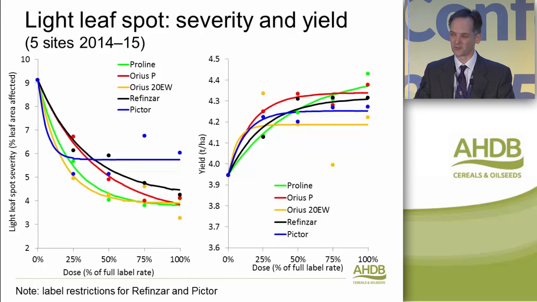We think light leaf spot control is probably more about timing than it is about product choice in that respect, and that we're already seeing light leaf spot out in fields at the moment means I think that we need to be monitoring that as we go into the spring, and where possible applying products well before stem extension, before that disease gets a chance to build up in crops.